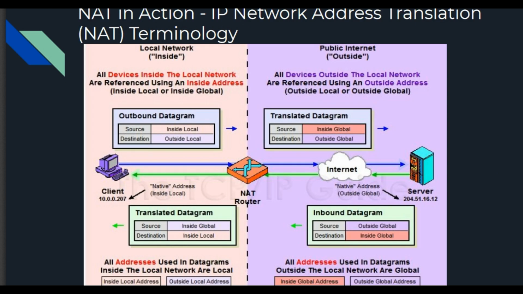In order to understand how NAT works, we need to understand the IP network address translation terminology. Here is the local network, here is the public network, and we can identify our manipulated packets and ports using vocabulary like inside local, outside local, inside global, outside global. So we need to understand the difference between local and global areas of our network. The idea with NAT is that we need to identify a local area for the packet to exit and a global area for the packet to exit.